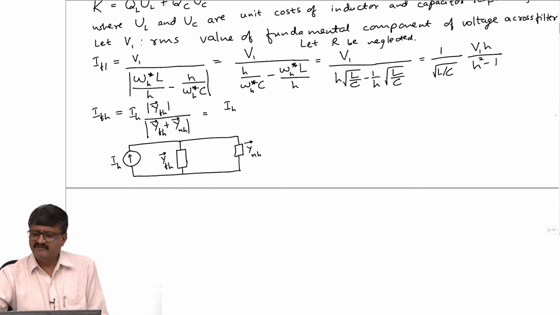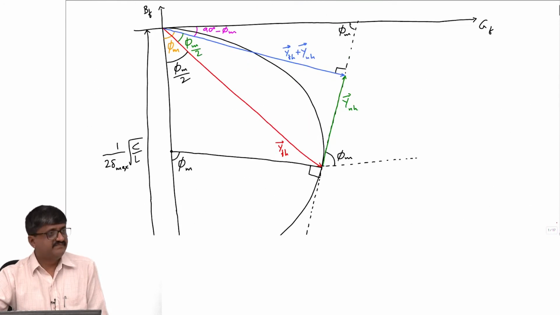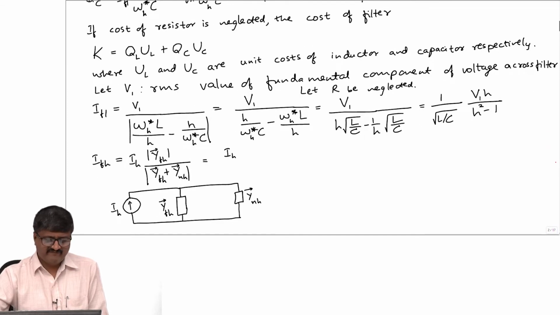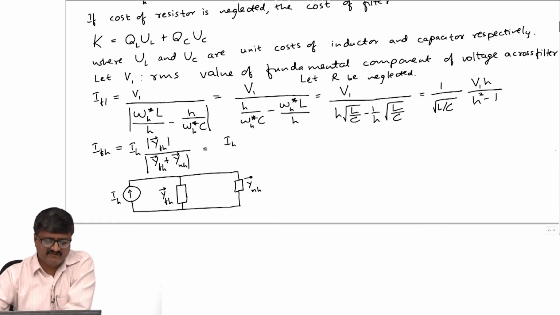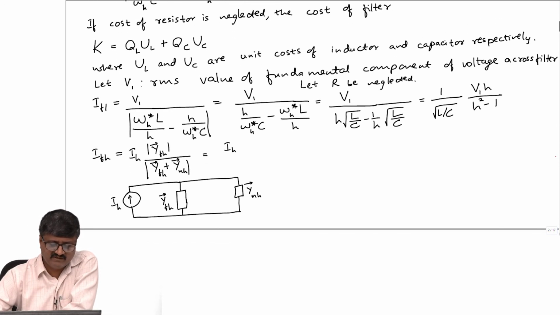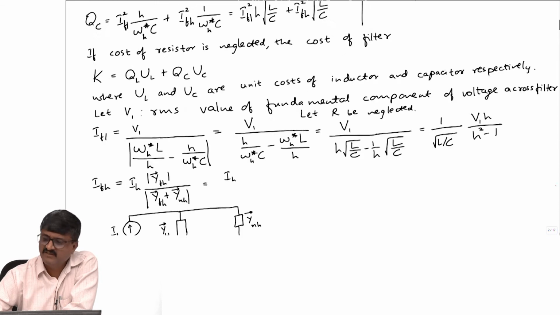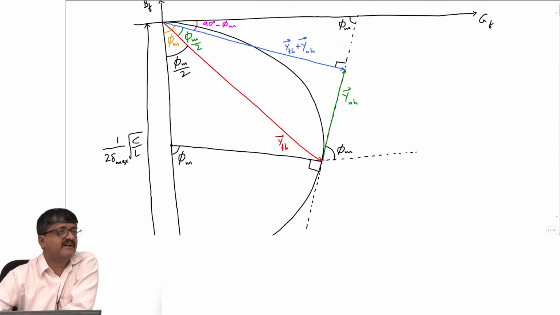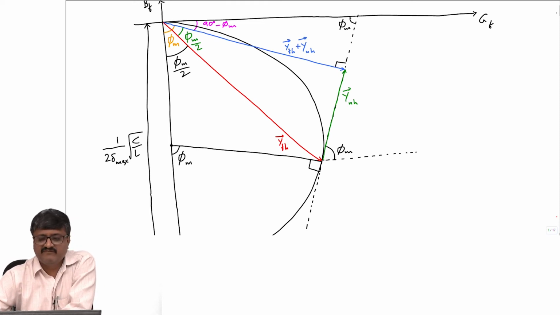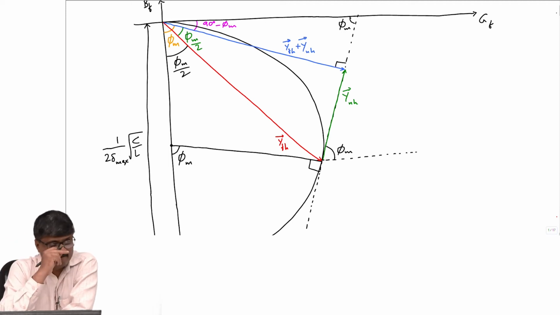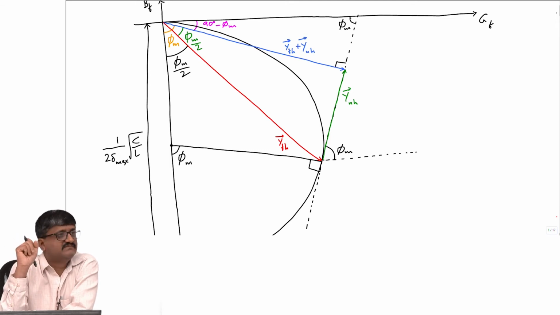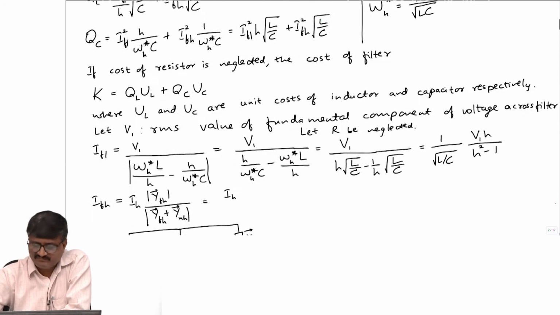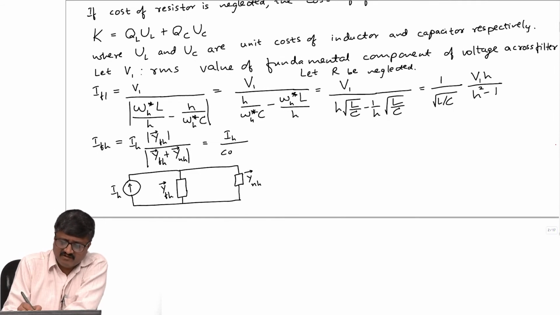Now, come to this figure that we have just considered. Look at this ratio. Magnitude of Y of H is one quantity and the ratio has one more quantity, magnitude of Y of H plus Y N H. So, these two quantities are actually the sides of a right angle triangle. So, I can write that ratio as what? In terms of phi m, can I write? Cos phi m by 2. So, this is IH by cos phi m by 2.